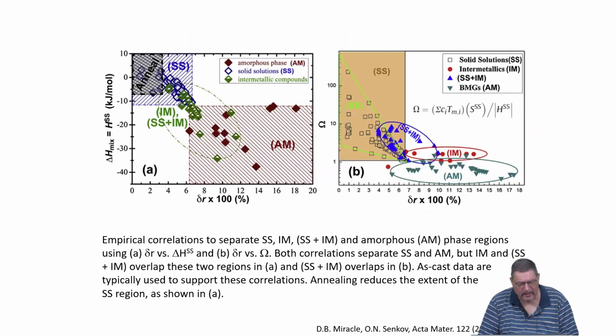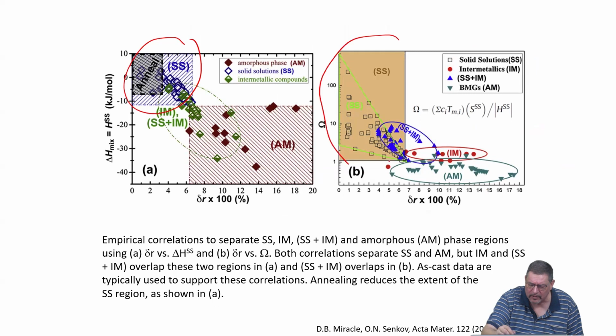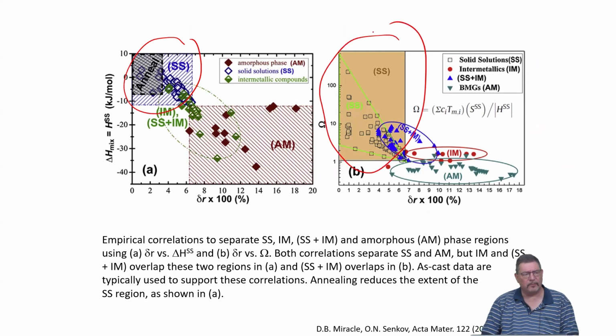Yeah, again, looking at some of these empirical correlations, delta H mix, and this omega parameter I introduced, you see that it works very well. So the complete solid solutions are always in the upper left corner. And these are basically the high entropy systems which were predicted to form. And you can see that in the same plot you can also include solid solutions which are non-crystalline, metallic glasses.